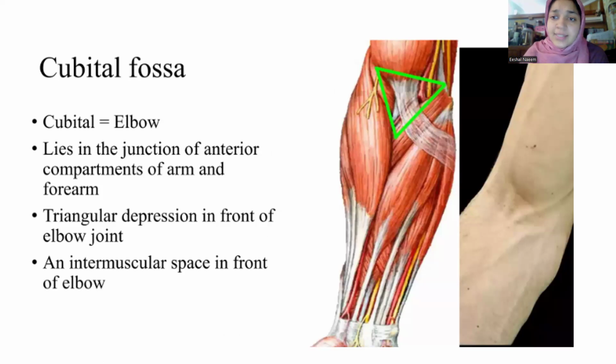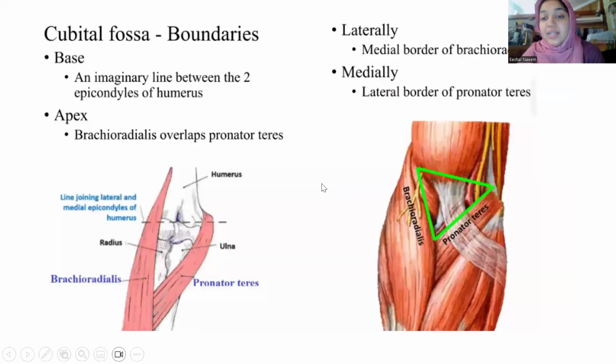You can mirror this idea of the cubital fossa in the popliteal fossa. So you have a popliteal fossa behind the knee joint, and that forms exactly a similar kind of depression to the one the cubital fossa forms in front of the elbow joint. These two depressions mimic each other, so to say. An intermuscular space is present in front of the elbow. Now, you should know that the triangle of the cubital fossa directs downwards, right?